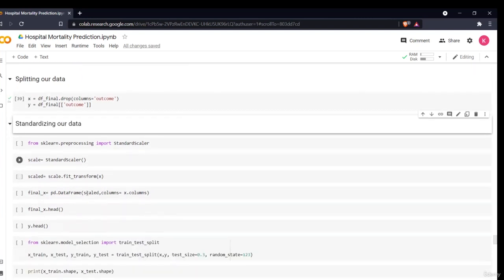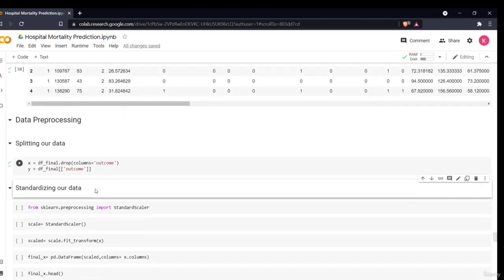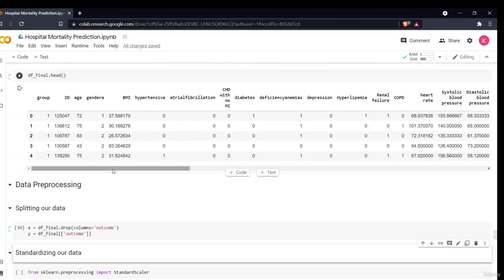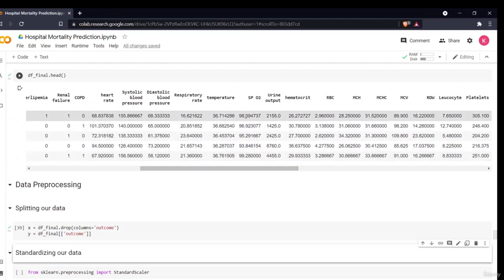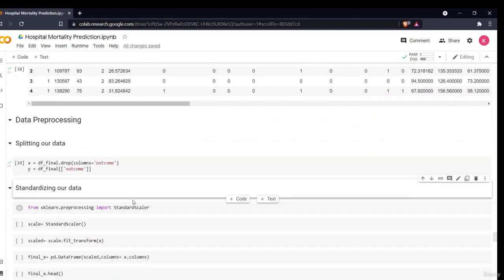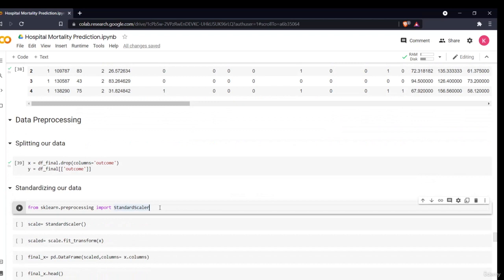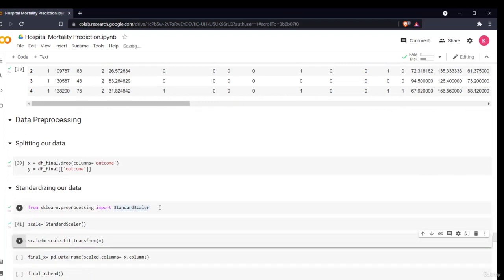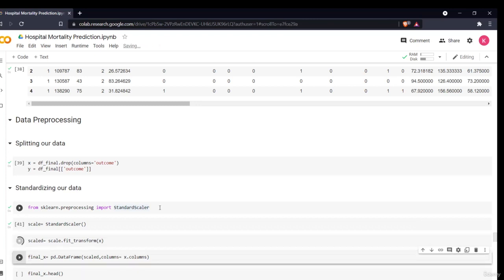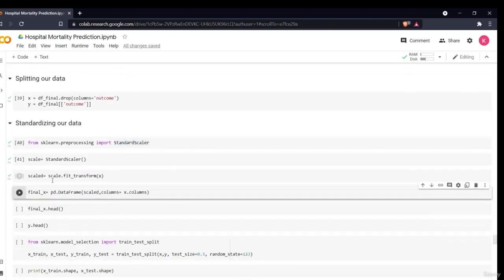Then I'll simply standardize my data, which means it will standardize my data on smaller scales. Here you can see it is around 98, 16, 155, unevenly distributed. Standard scaler will basically standardize or scale my data to a common platform, between -1 and 1. Okay, so now as you can see, I've scaled my data.